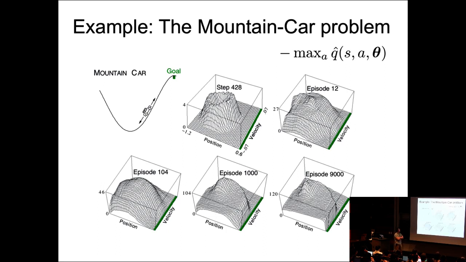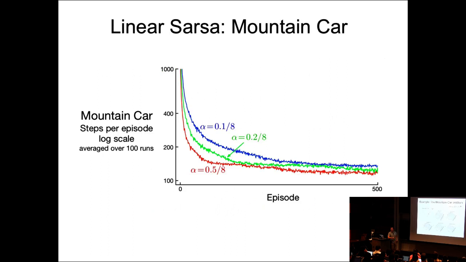And this is what is happening as you go through the episodes, in position and velocity. If you look at these graphs, it learns that if you are in this particular state and your velocity is small, then you need to go backwards, hit thrust, so that you can go around to the goal. It's a little hard to read these graphs, but essentially this is what's happening: if you have a small velocity in the wrong part, you have to go back. After about 900 episodes in this case, the model has learned the optimal policy.